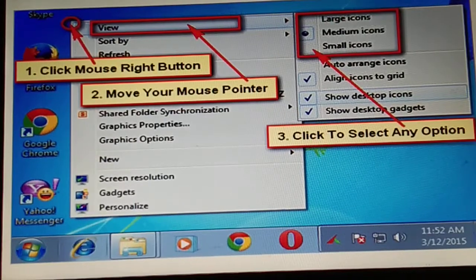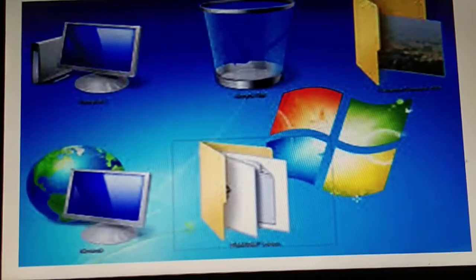To open the various types of icons, we have to right-click the mouse, then move the mouse pointer to view. After clicking on view, various types of icons and folders appear like large icons, medium icons, small icons, etc.